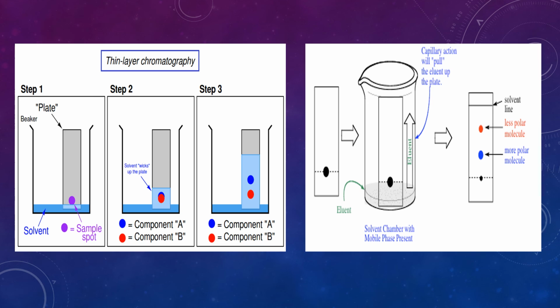The components of the mixture get placed at various distances and positions based on their adsorbing capacity or polarity. As you can see in step 3, the blue dot has traveled more and the orange dot has not traveled that far, because the orange dot is a more polar molecule than the blue one. At the last step, visualization is done using a UV transilluminator or certain reagents like ninhydrin for amino acids, urea formaldehyde for carbohydrates, and iodine vapors.